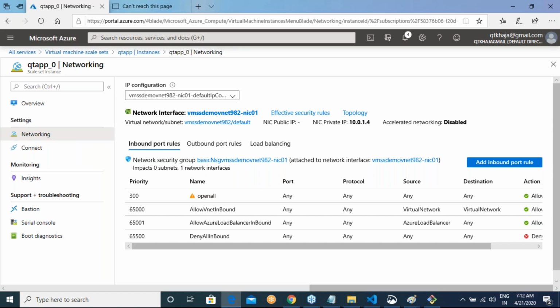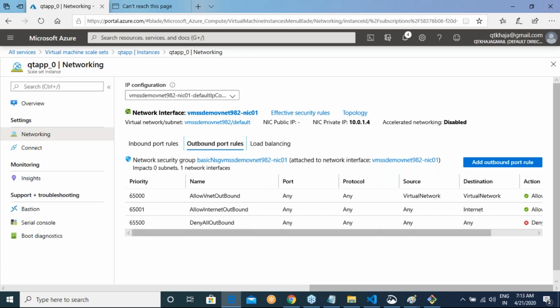There are a couple of ways of resolving it. First is, try to get inside this machine and see what is happening there. Is everything running inside the virtual machine correctly or not? Second, did we configure the whole virtual machine scale set correctly? And the third thing is, how is the load balancer linking with the virtual machine? We have all three parts, but somehow there is some mismatch. Something is not working over here.